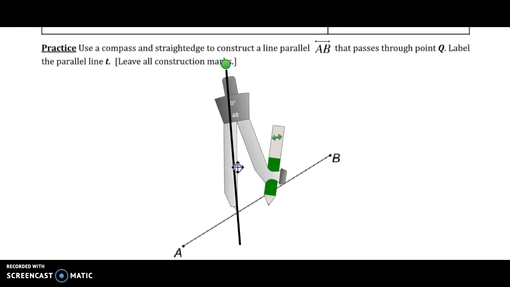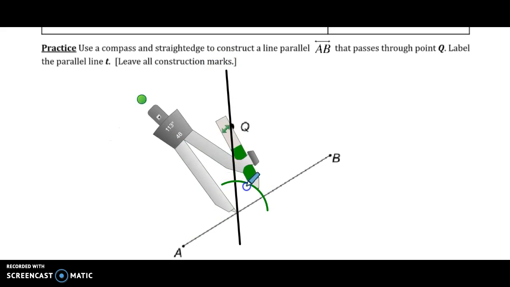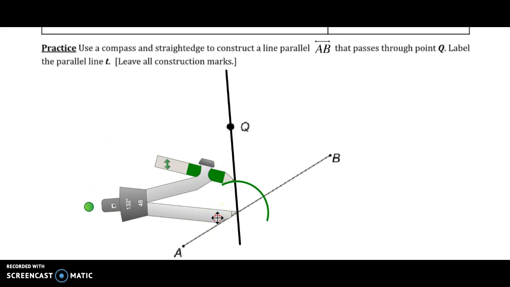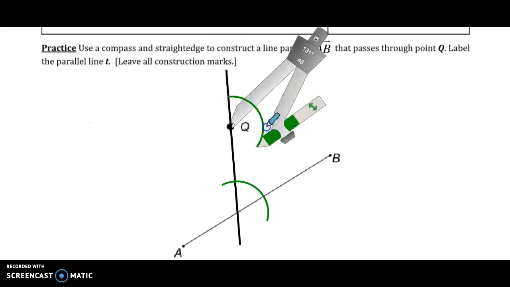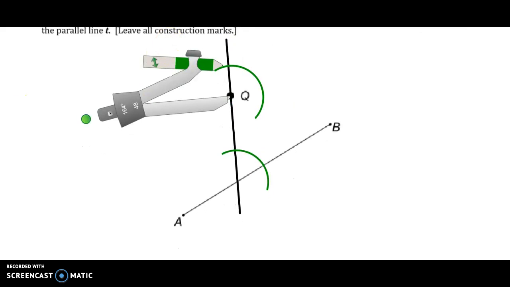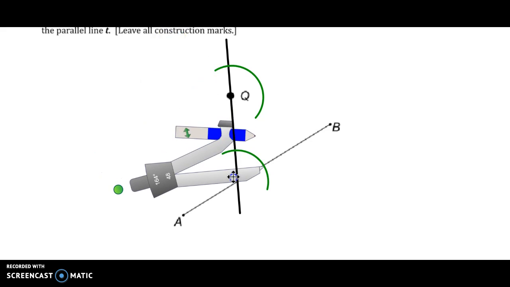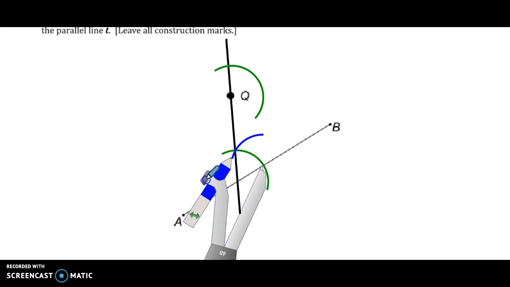So I put my compass on the vertex of the transversal and AB and make an arc that goes through both. I'm going to slide my compass up to point Q, and again make an arc that's nice and big. I'm going to use my compass to measure the opening of the first arc that I made down here. So from where this arc intersects AB to where this line intersects my transversal,